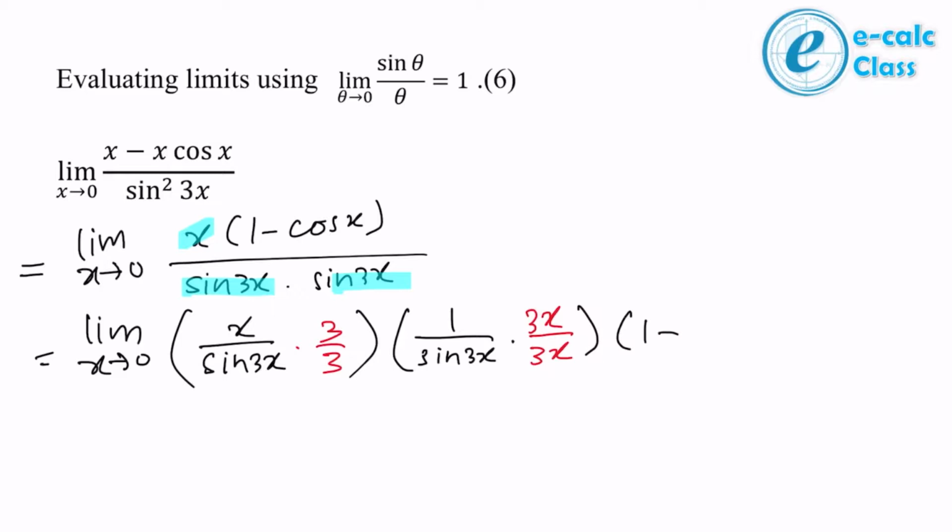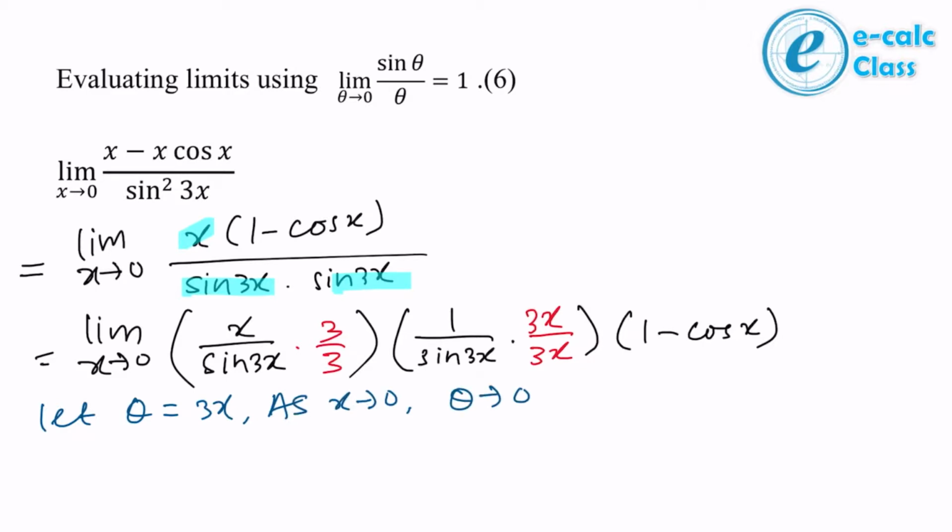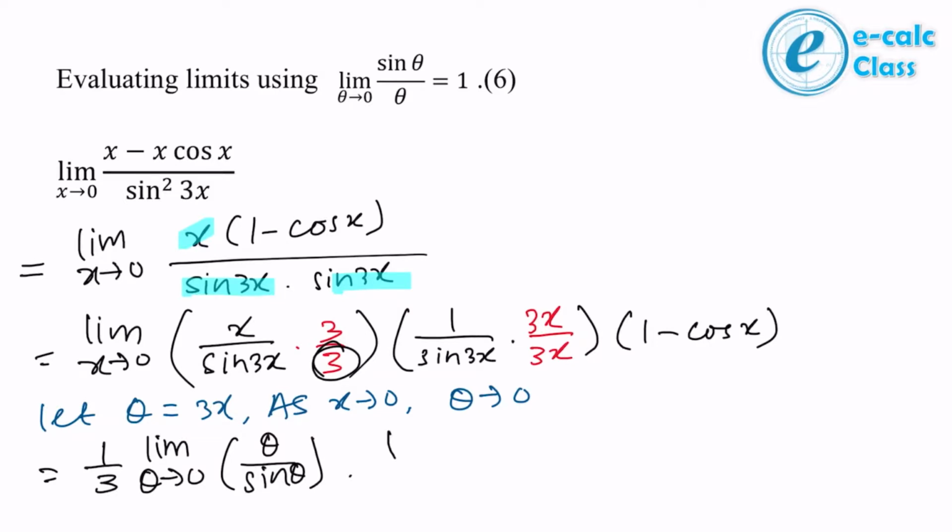And last but not least, we have a 1 minus cos x at the bottom, at the back. So this one together is actually 3x already. Let theta be 3x, as x approaches 0, theta approaches 0. So this time remember your constant, yeah? 1 over 3 limit as theta approaches 0 of theta over sine theta times this one, limit when, okay, this one is actually